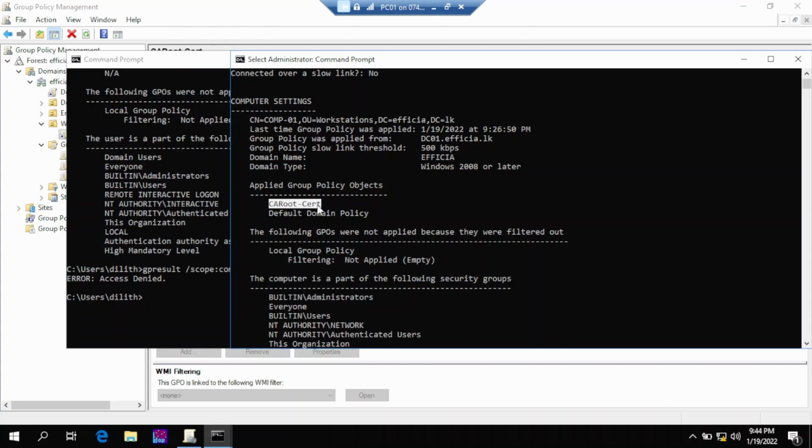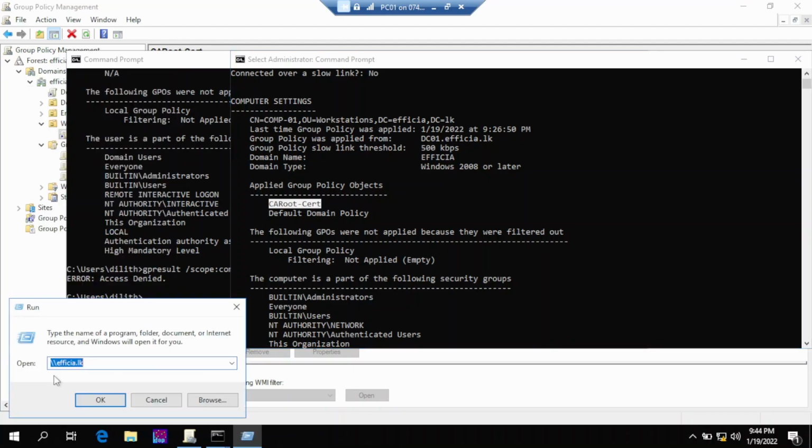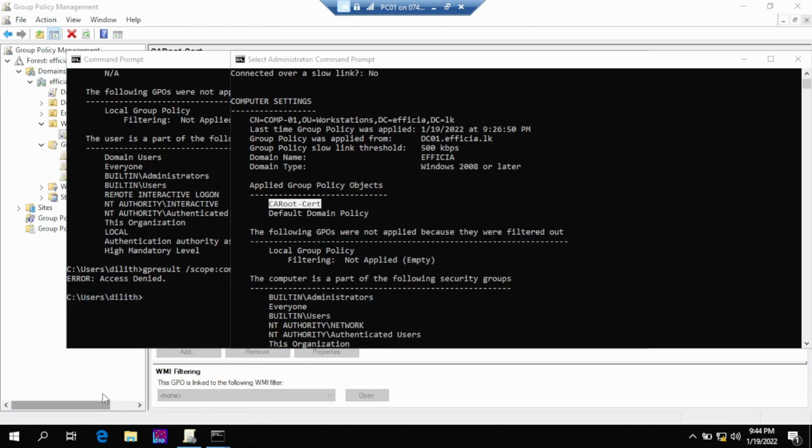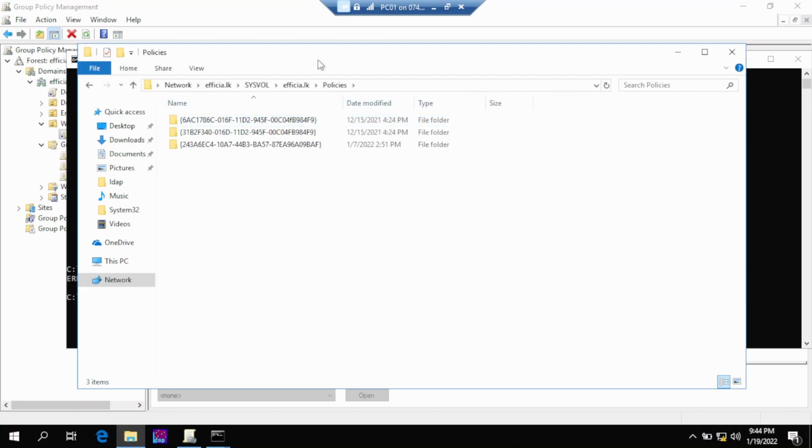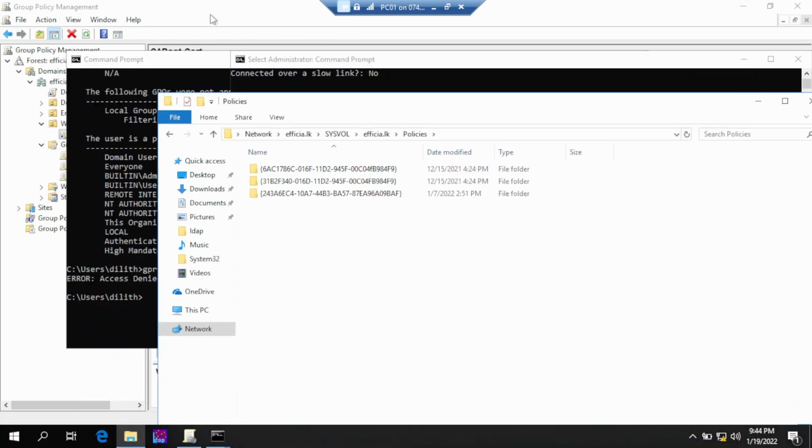A simple way to check this is from the client PC: give your FQDN in the Run dialog and go to the SYSVOL folder, right? Then go to your domain name and under Policies.